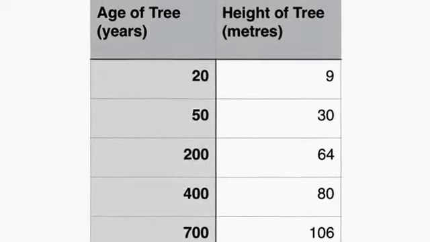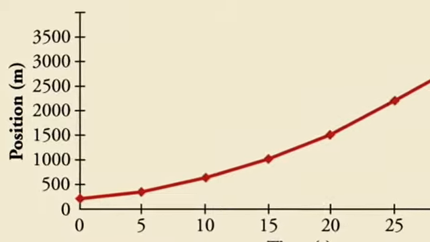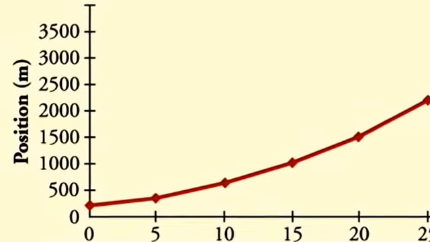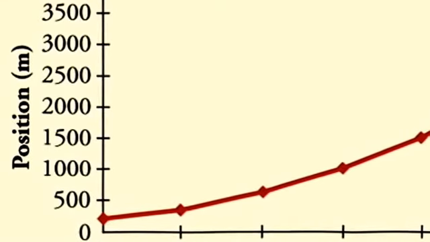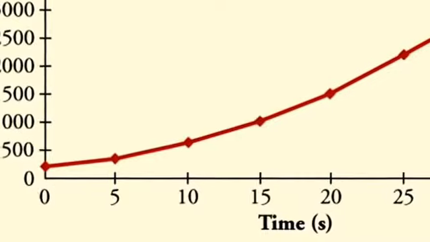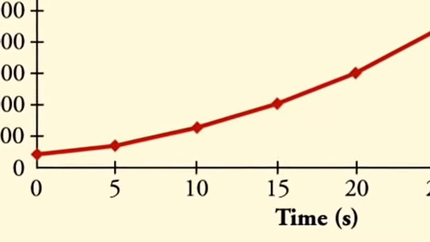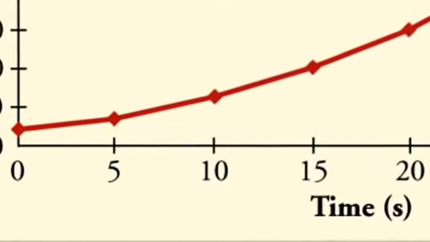Remember, we're not talking about fish scales. In the example above, the measurement y-axis, or position in meters, has a scale of 1 centimetre equals 500 metres. The category, or x-axis, in time in seconds, also has a scale. Unlike with the bar graph, the scale is 2 centimetres equals 5 seconds. Remember, the golden rule of scale is equal amounts and equal distances.